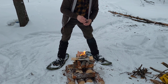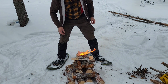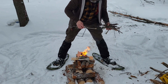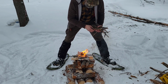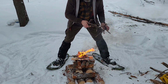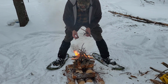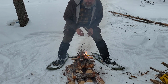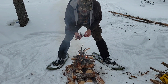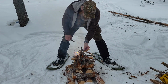Definitely something different. And now we know it works. Now, I'm not saying run out and buy one. I'm not saying, oh my God, it's the greatest survival item. But it is a handy little toy. Being as small as it is,